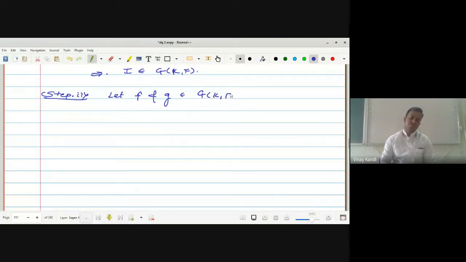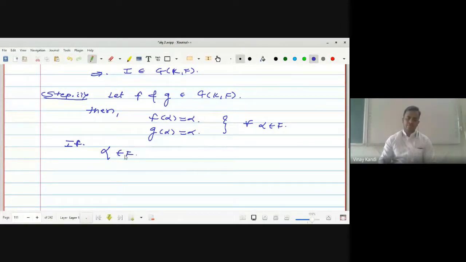Then by the definition of G_K(F), f of alpha is equal to alpha and g of alpha is equal to alpha for all alpha belonging to F. Okay, if alpha belongs to F, an arbitrary element, then we have